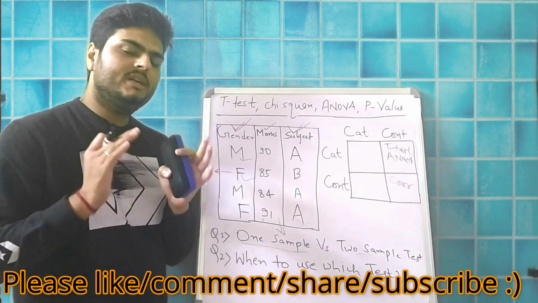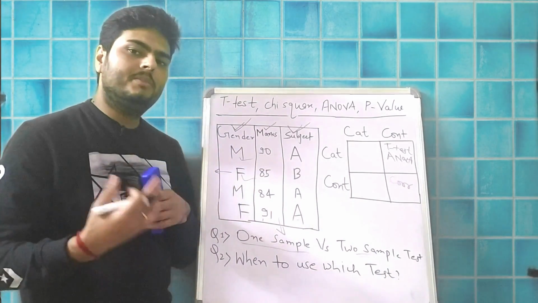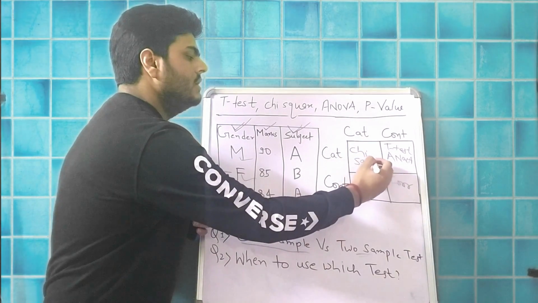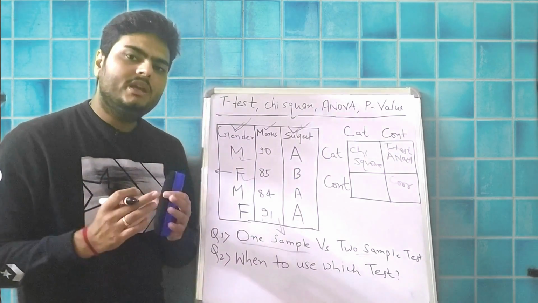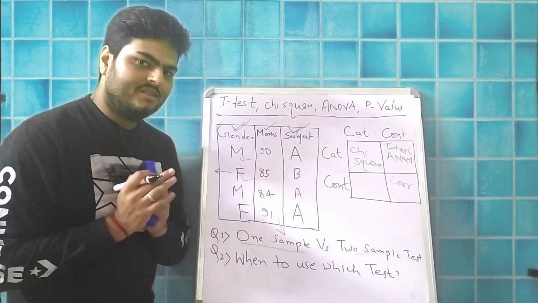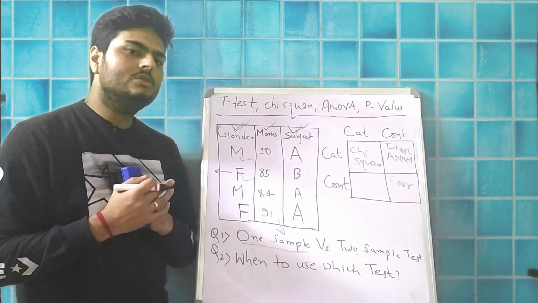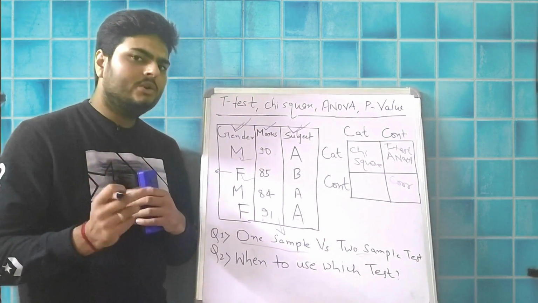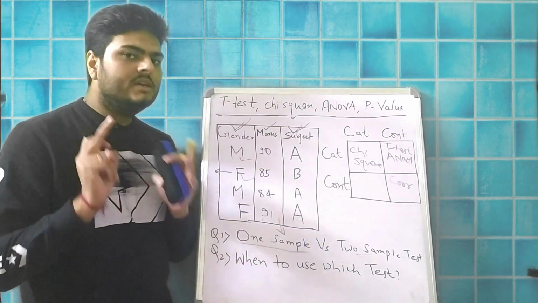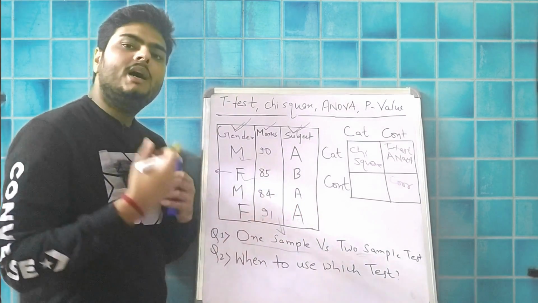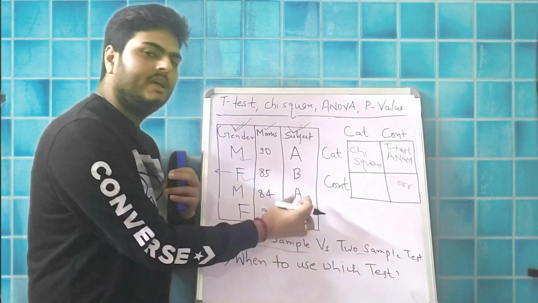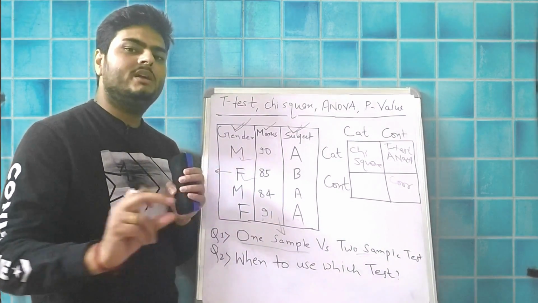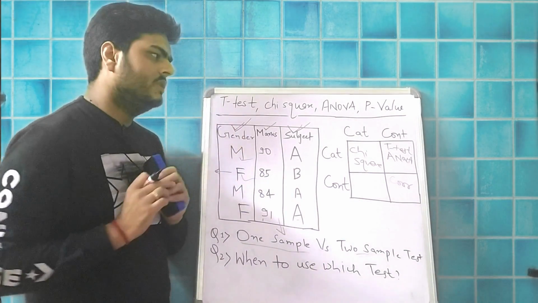To test that using data, when you have two categorical variables, you go for something known as chi-square. Okay, chi-square. Now chi-square is the base for many advanced testing techniques as well. I will discuss those in my upcoming videos, but chi-square is the basic technique when you have two categorical variables and you want to test your hypothesis: is there an impact of one category on the other? Are males taking more of subject A, or females taking less of subject B, something like that. The general assumption is all are taking in equal proportion. That is about the chi-square test.